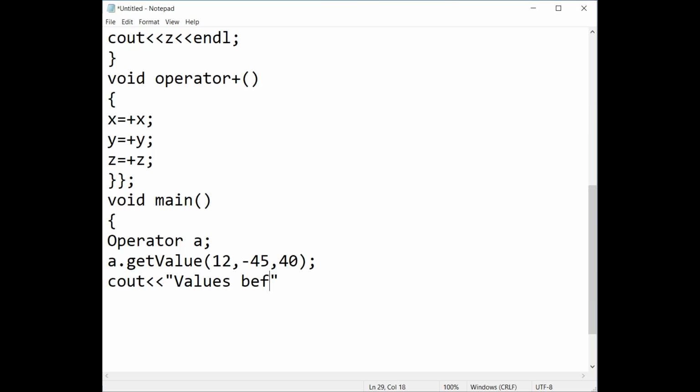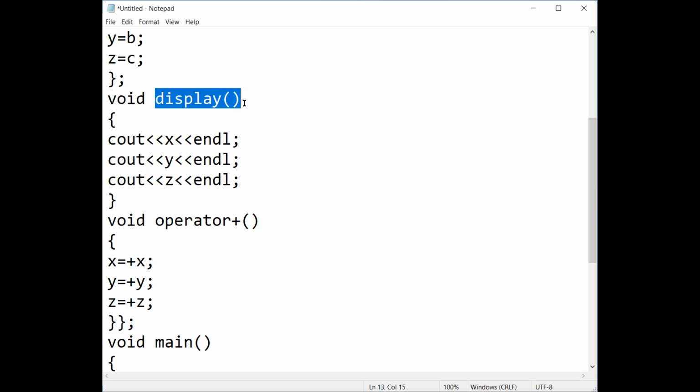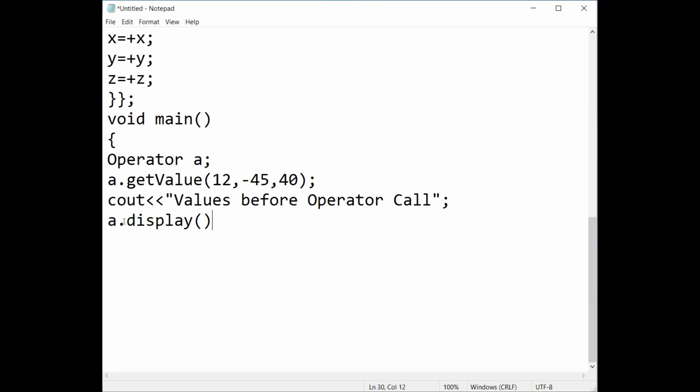Values before operator call, right? Before operator call. Call this one, call a dot display, this method. If you call this one, after passing this value, it displays. I think normally a dot display. Right? A dot display. Now we have an idea how to call